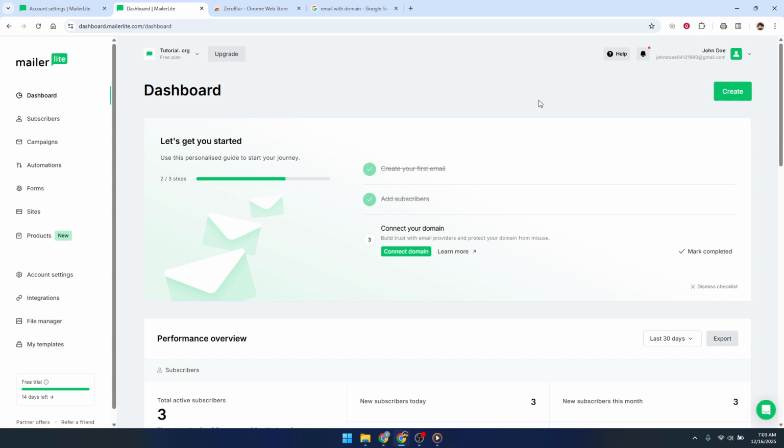First, go ahead and log in to your Mailerlite account. Use your usual login details and wait for the main dashboard to load. It's a good idea to make sure you're on a stable internet connection here because we'll be downloading a file